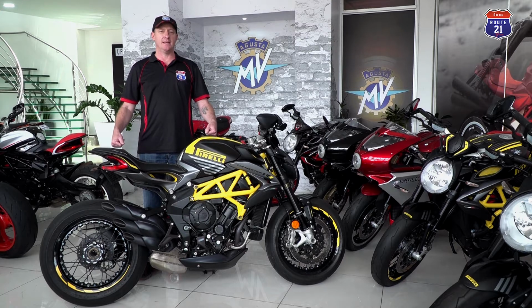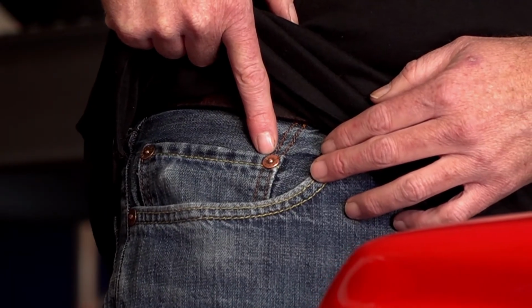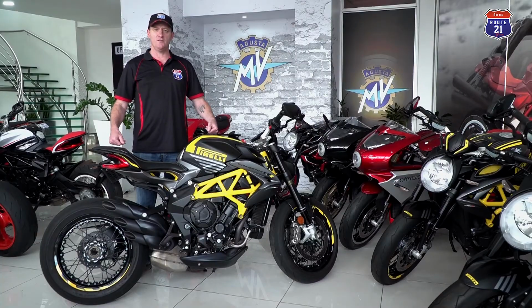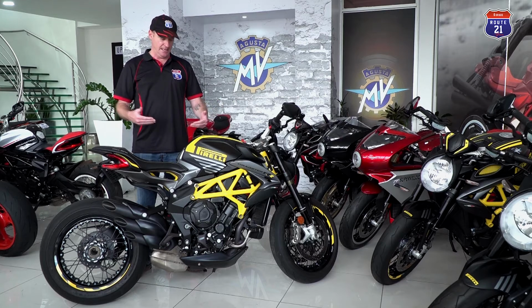And then in the late 90s, the Castiglioni family, with money derived from producing rivets on denims, bought the company and resurrected the brand with the now iconic MV Agusta F4. Over the past 2.5 decades, MV Agusta has evolved into a company that is known for motorcycle art, or else boutique motorcycles. And with Pirelli becoming the sole supplier of tires and rubber to MV Agusta, the